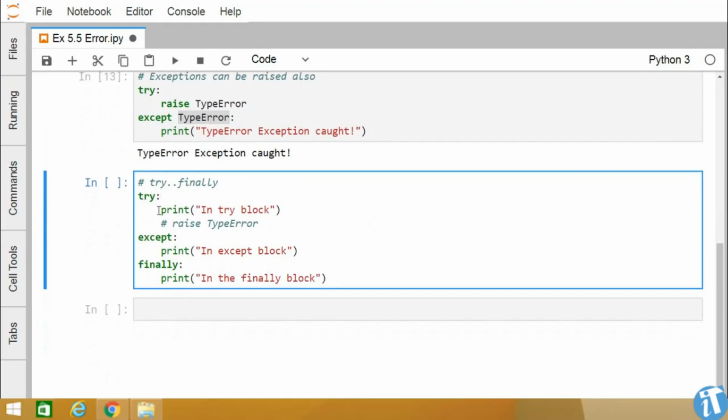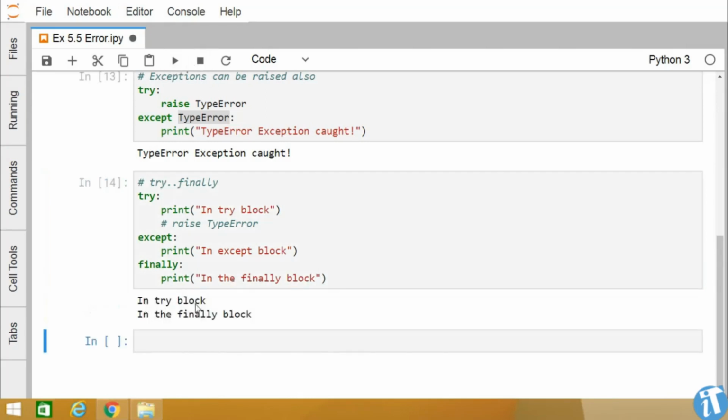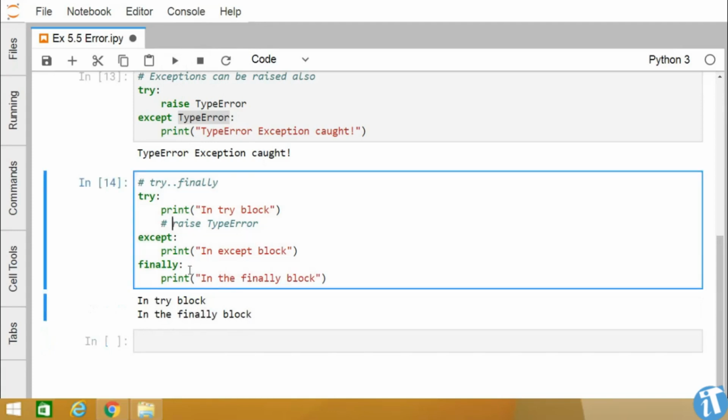Within the try block we have written print "in try block", and here you see there is no exception raised. So after execution of the try block, the finally block will be executed. The except block will not be executed because no error has been raised here. So the try block will get executed and the finally block will get executed. Let us go for the execution. You can find "in try block" and "in the finally block". But if we raise one error,